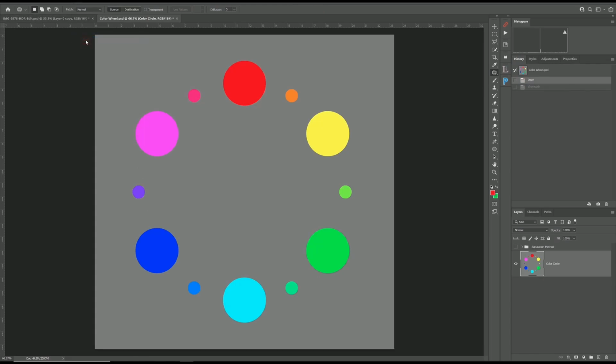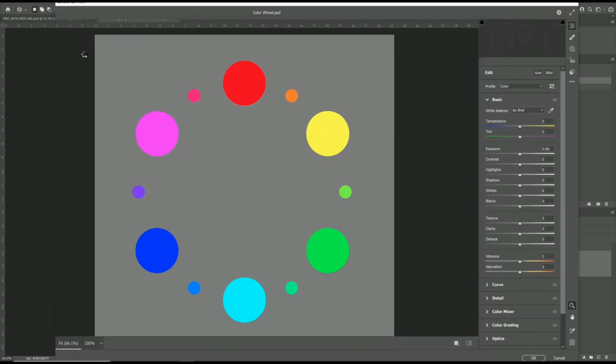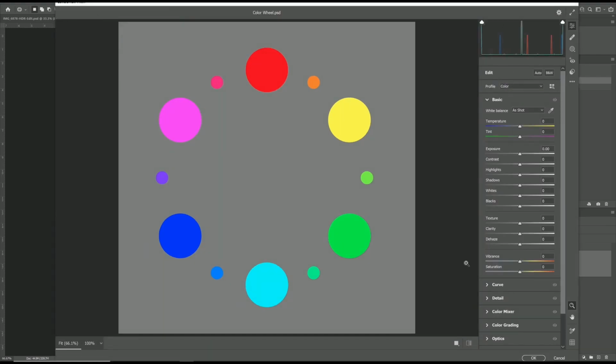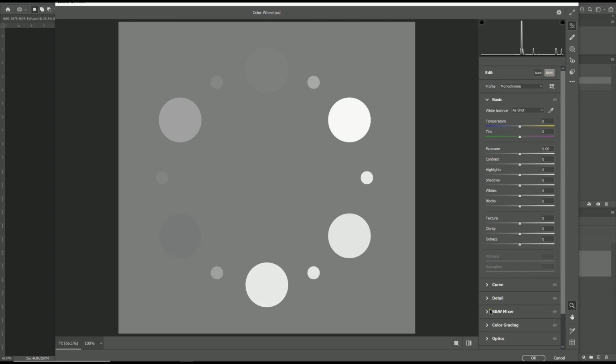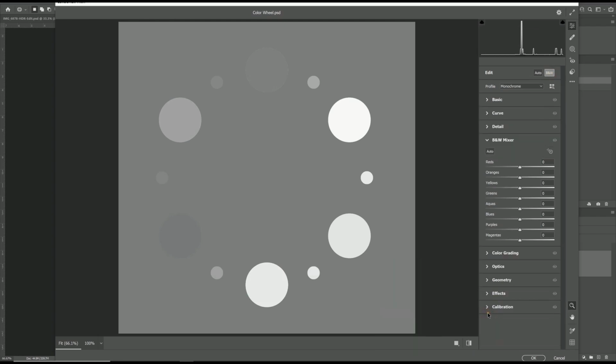Another way we might do this, and this is what happens inside Lightroom, is if we go to Filter, Camera Raw Filter, so we'll just wait for Camera Raw to come up. Here we go. We have a saturation slider down here in Camera Raw. It's the same slider in Lightroom. If we pull down saturation, look what happens. This is creating a grayscale image. And I've got no black and white. Even if I click on the black and white box here,